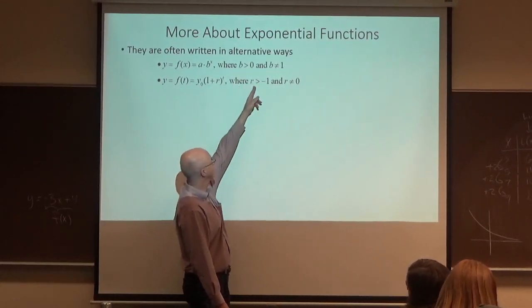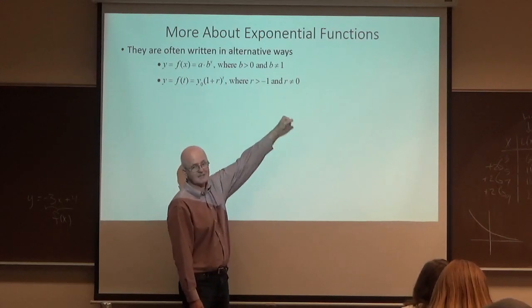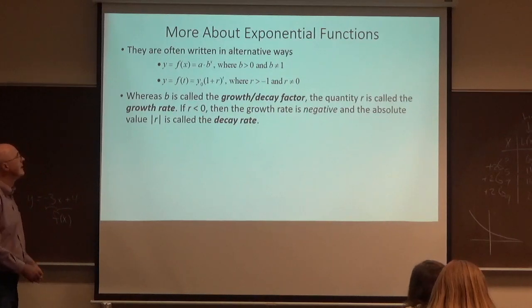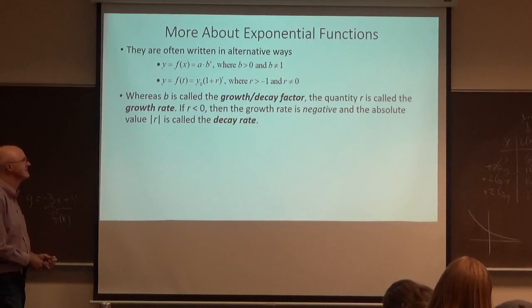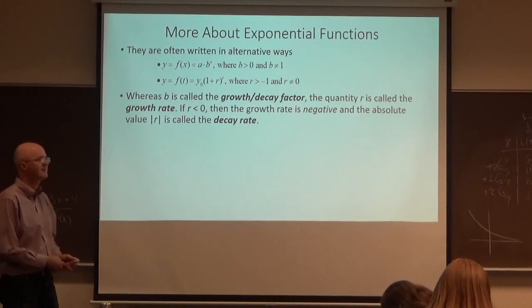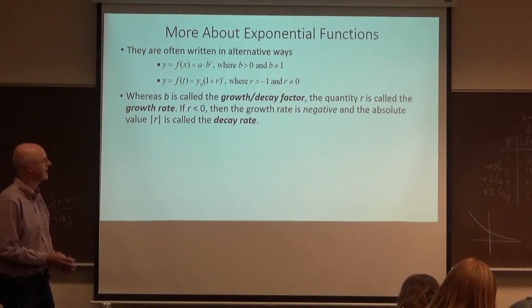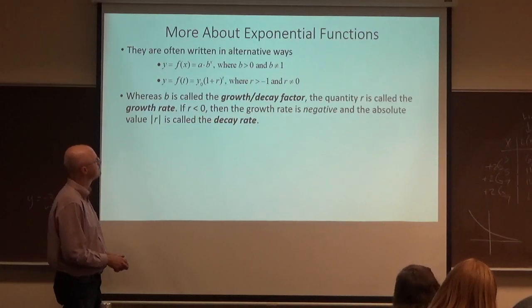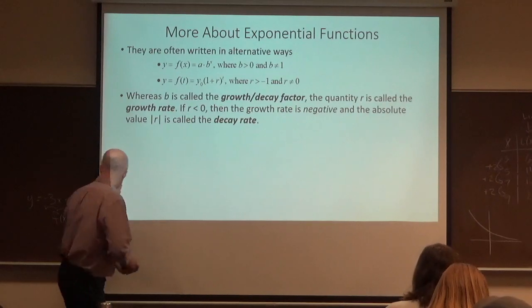So if b must be positive, r must be bigger than negative 1. And if b is not equal to 1, r must be non-zero. While b is called the growth/decay factor, r is called the growth rate. Maybe call it the decay rate, but I think it's better in the case when r is negative to say that the growth rate is negative and the absolute value of r is called the decay rate. So, for example,